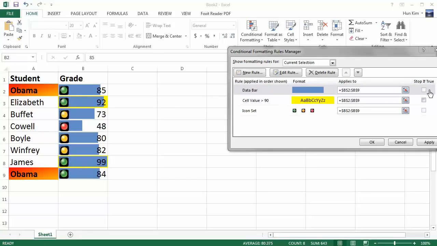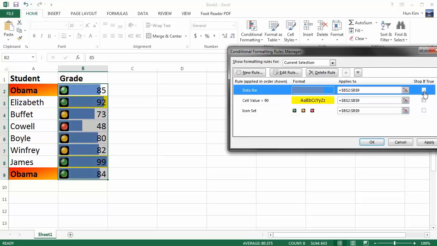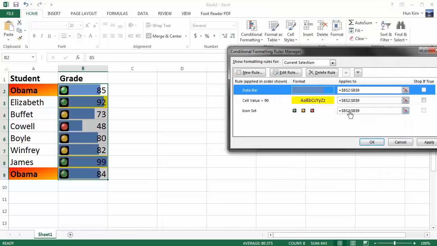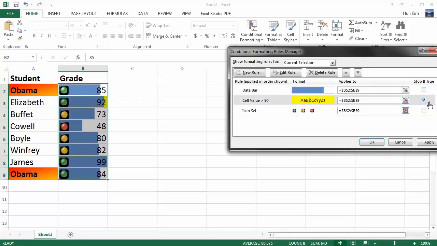Now actually this ability to stop does not apply to the data bar rule, because it's something that is always shown. It's displayed. It's just showing the actual percentage as to how big this number is compared to the others. So when it comes to being able to choose whether you can stop or not, it has to be something